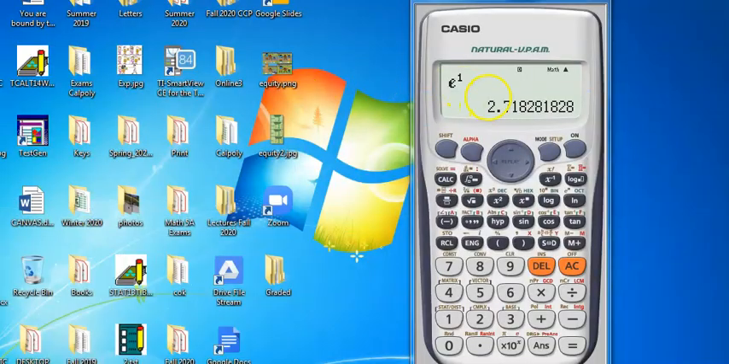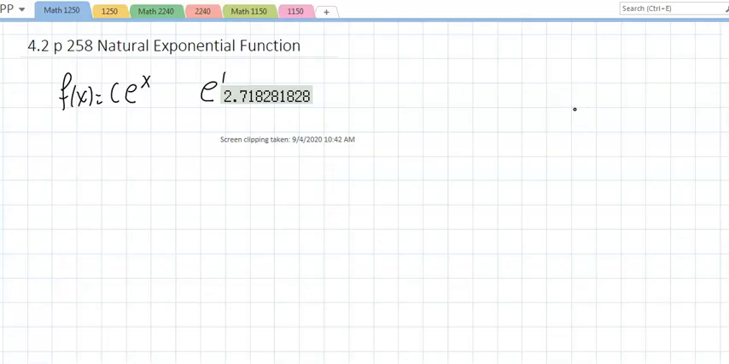it is a number that never repeats, never terminates. It's like pi. Alright? So 2.7 is sufficient for us to really look at this, which means if I'm looking